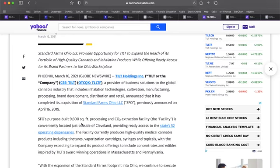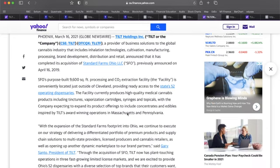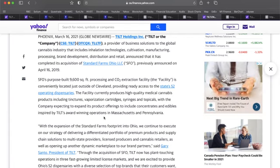Now this facility is located just outside of Cleveland, so great location, and it's ready to serve the state's 52 pre-existing dispensaries. So Tilt is planning to put out a number of different products from this location, including tinctures, vape cartridges, syringes, topicals, and expanding into concentrates and edibles. They're going to leverage their award-winning formulas and operations in Massachusetts and Pennsylvania and try to emulate that